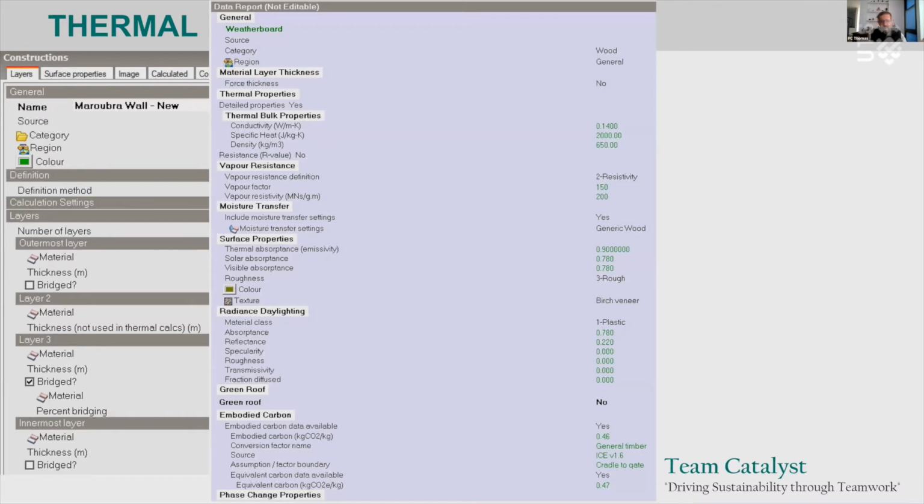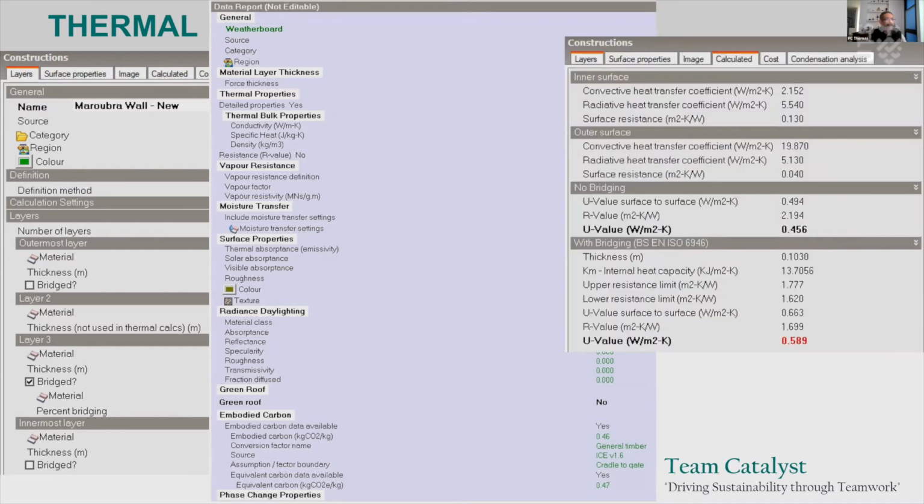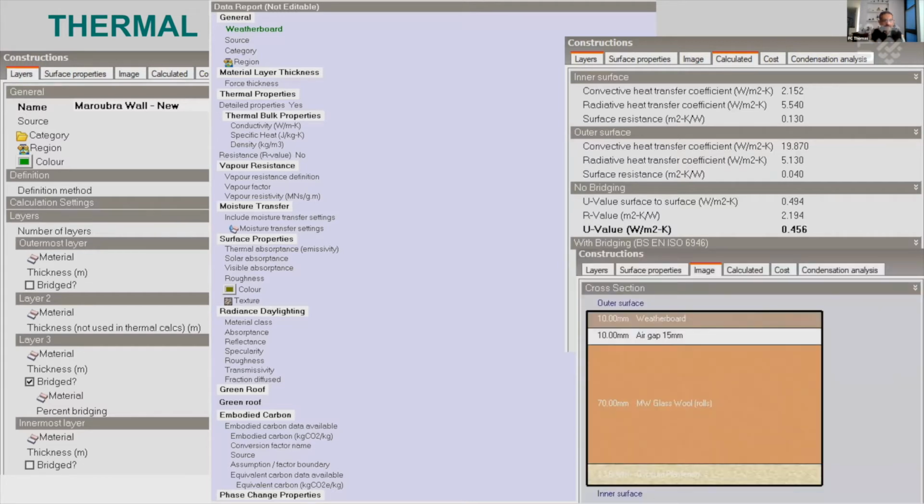So, you know, again, it's not a CAD model. It's a very physics-based model. And then, of course, we can calculate what is the thermal resistance and the thermal transmittance for these constructions. You can see here that this construction has got an R value of about 2.2, but when you derate it because of the bridging, it comes down to about 1.7. So that's the number you want to use in your simulation to try and get the practical outcomes coming from there. And again, just to double check, that's weatherboard, air gap, insulation, and plasterboard there.